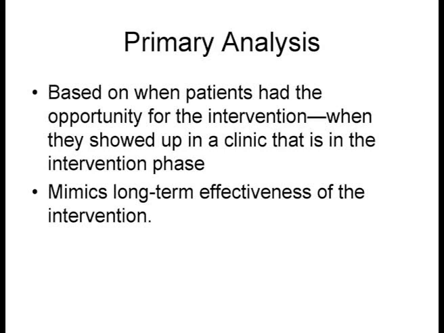The people, however, I should say that their designation of phase, whether in intervention or control, depends on when they show up at the clinic. So if they've gone for a year, they're supposed to be coming about 3 times a year to the ones who are in follow-up there. But sometimes it goes 6 months, 12 months without showing up. But the idea is to have it based on when they show up.